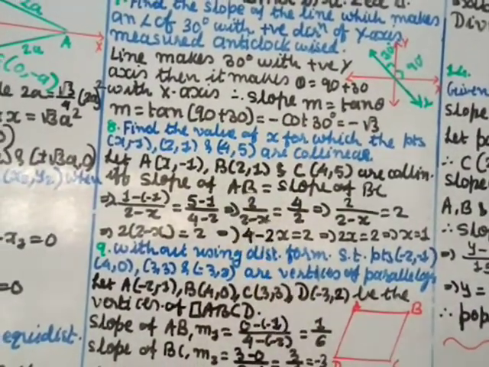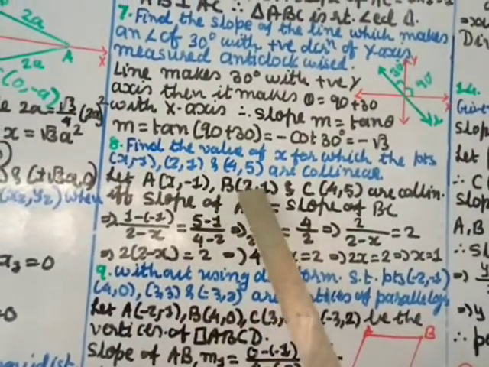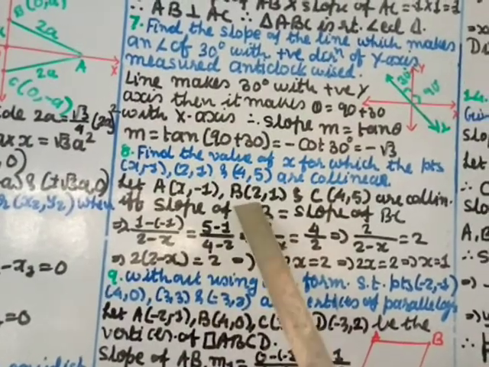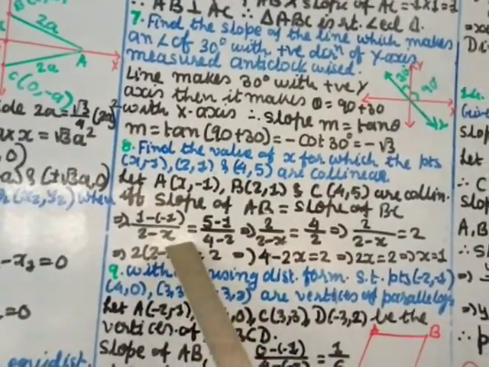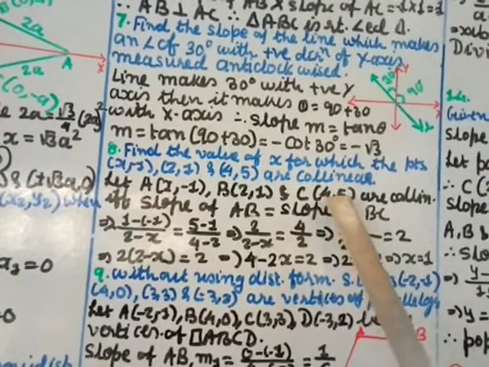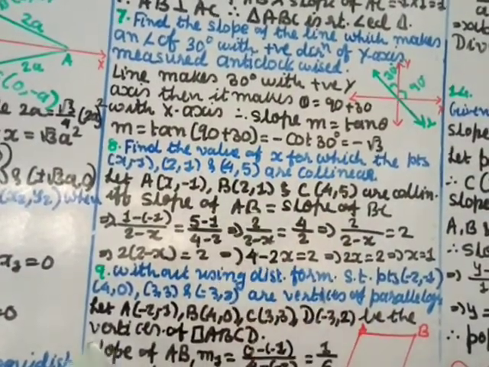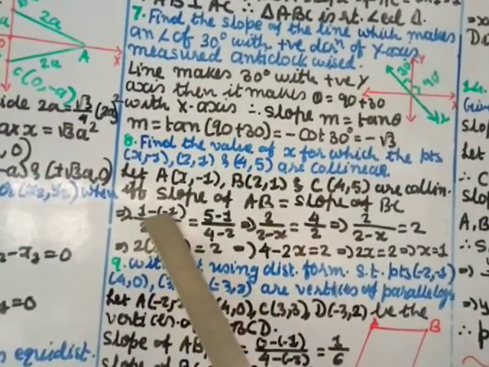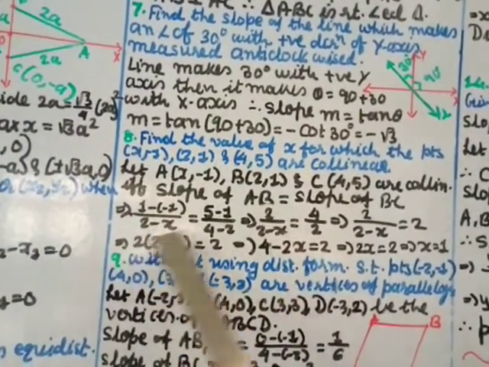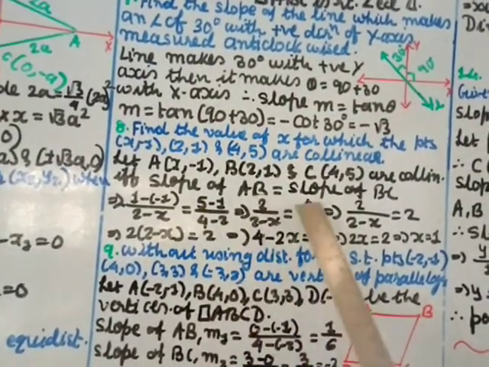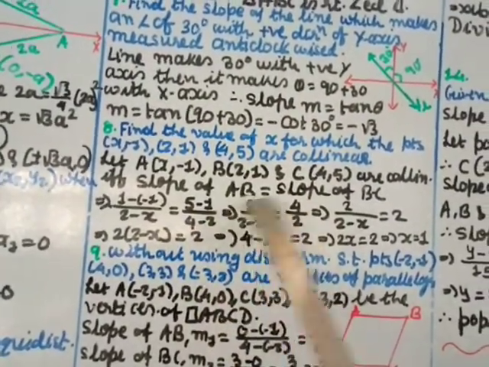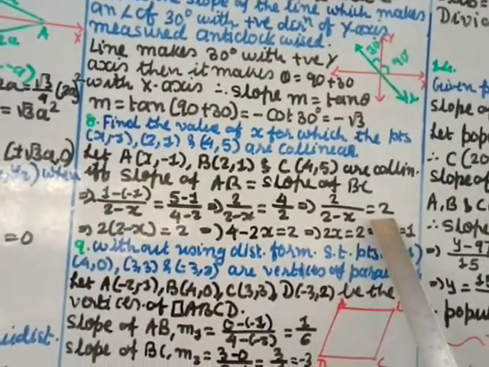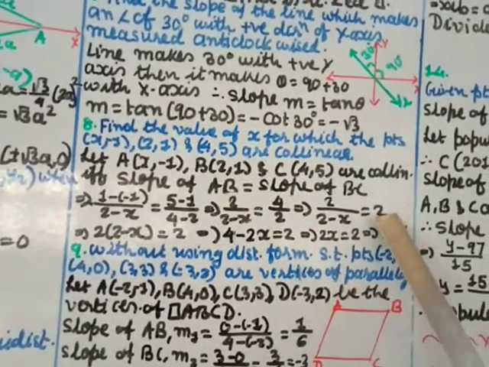Now slope of AB using the two-point form is y2 minus y1, that is 1 minus (-1), divided by x2 minus x1, that is 2 minus x, equal to, for BC, y2 minus y1, that is 5 minus 1, divided by x2 minus x1, that is 4 minus 2. So here 1 plus 1 is 2, divided by 2 minus x, equal to 5 minus 1 is 4, and 4 minus 2 is 2. So here 2 as it is, 2 minus x as it is, and here I cut by 2, so you get 2. Now transfer the 2 minus x with 2, and here remains 2.